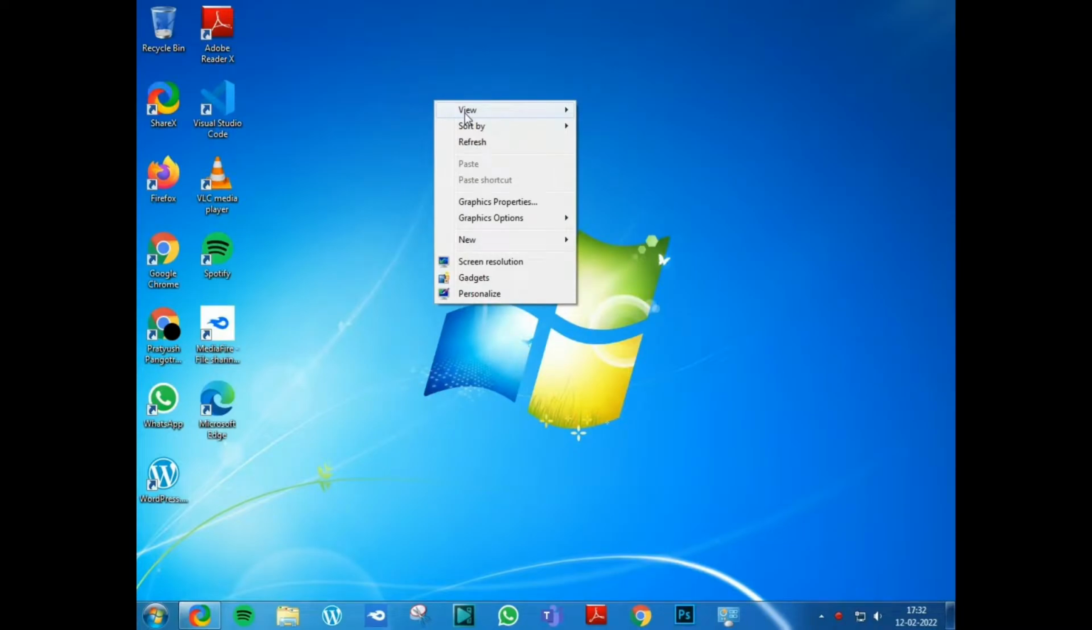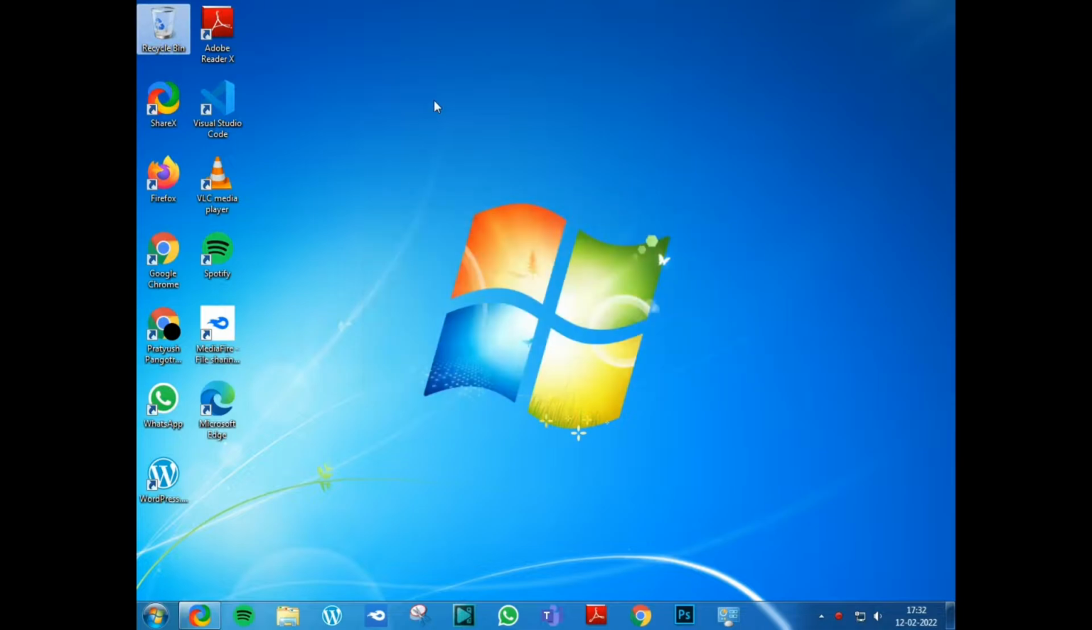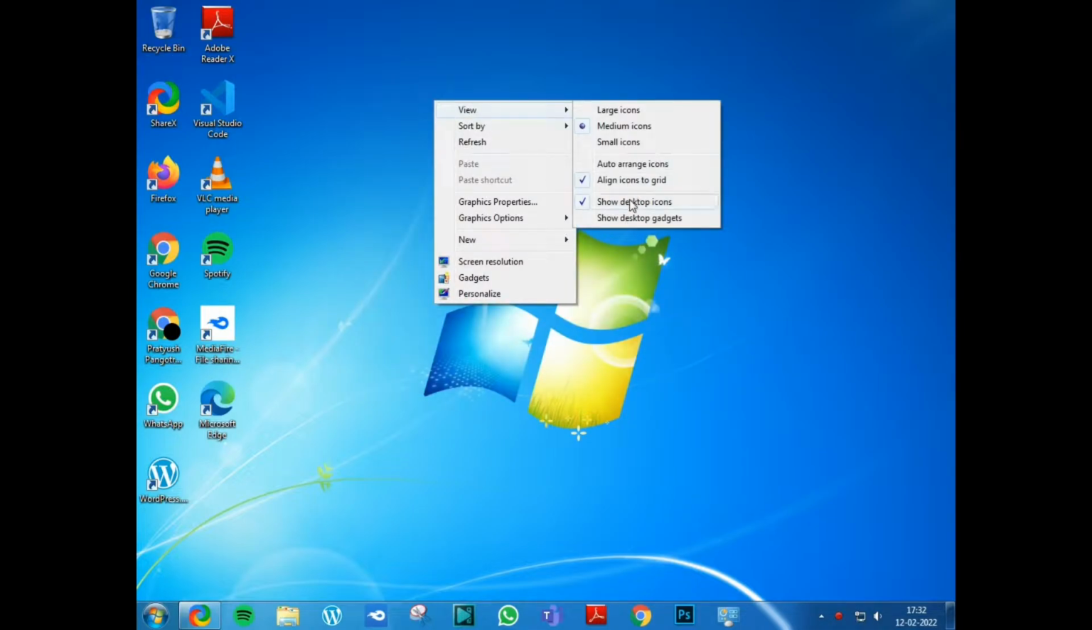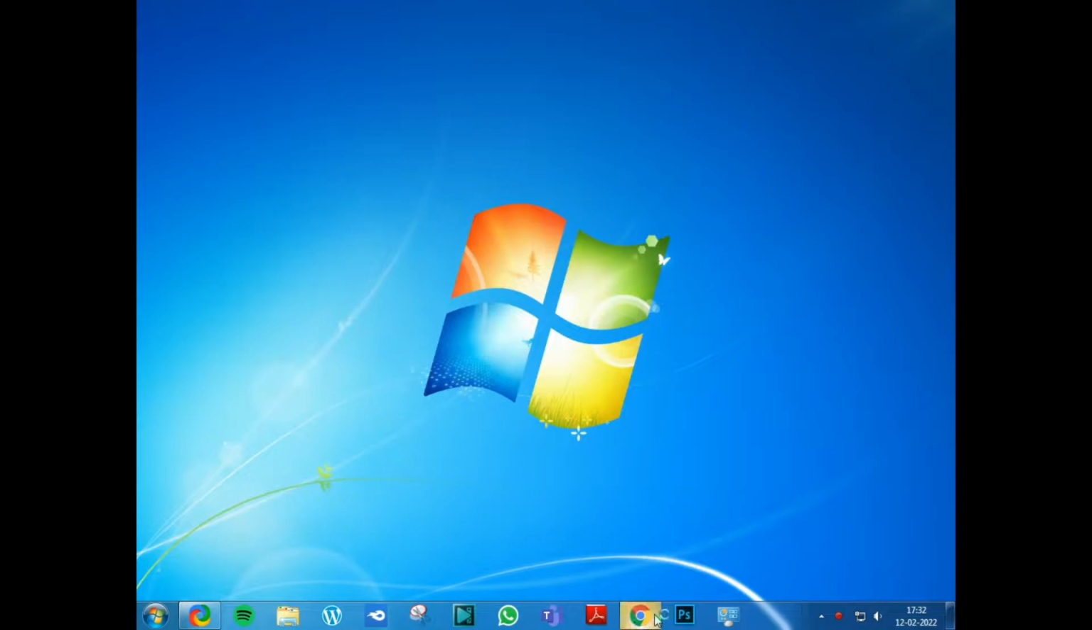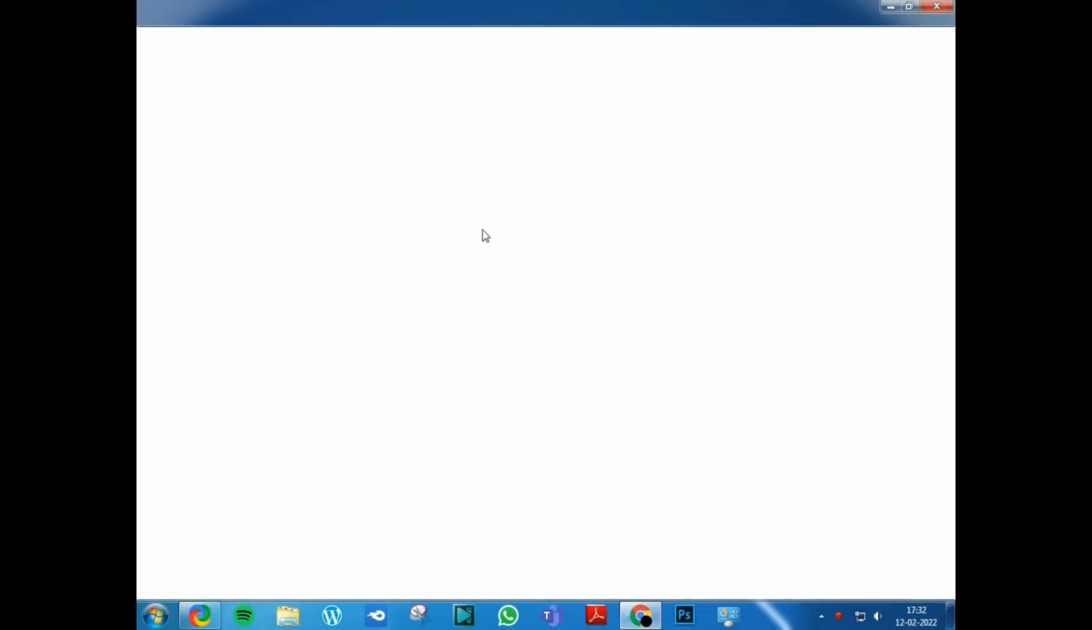In my first video, I was requested a lot about how I made my desktop look cool. So here is a tutorial. First, you need to just turn off all the desktop icons. Then open your browser. In my case, I am opening Chrome. Here you need to just search